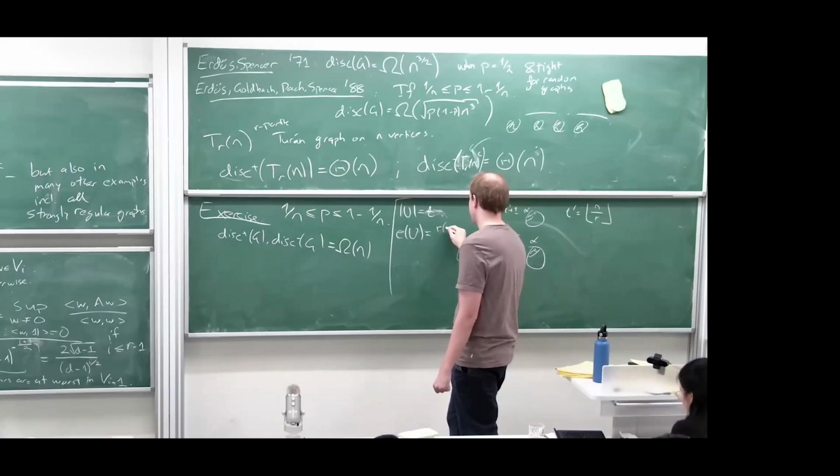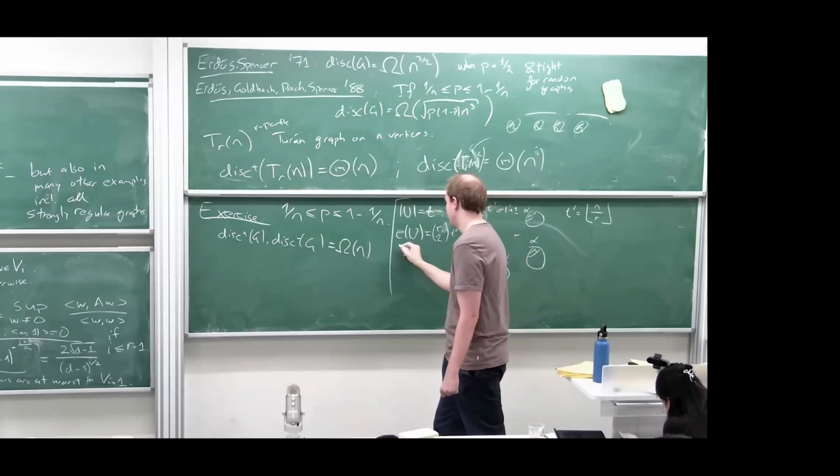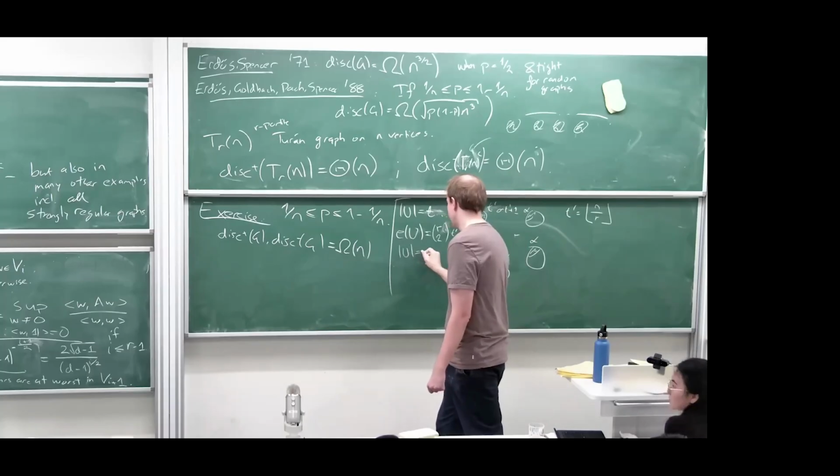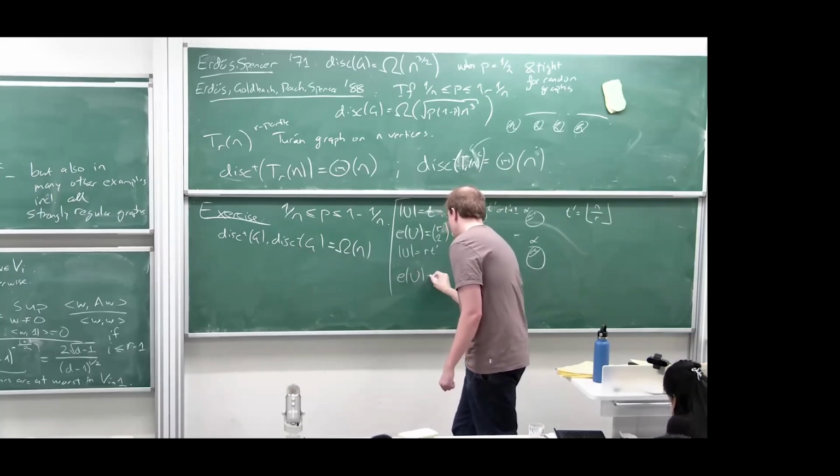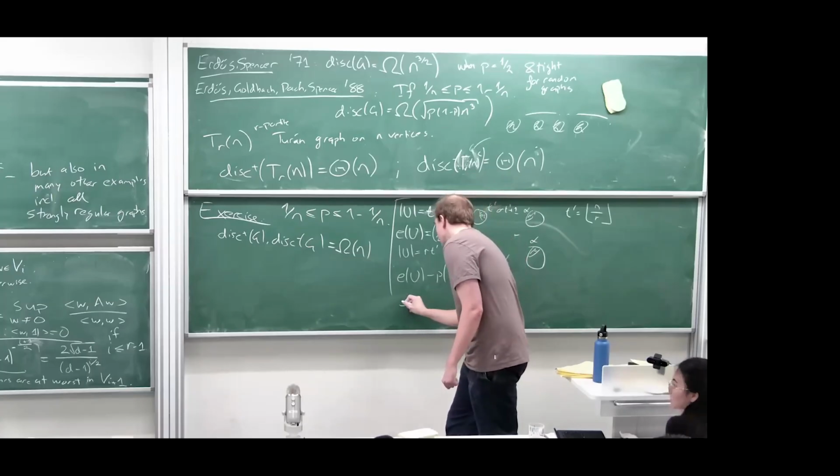So the edges inside U is r choose 2 times t prime squared. And the size of U is r times t prime. So the number of edges inside U minus p times U choose 2 is